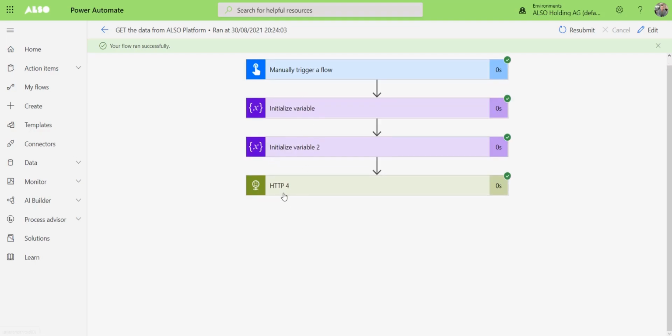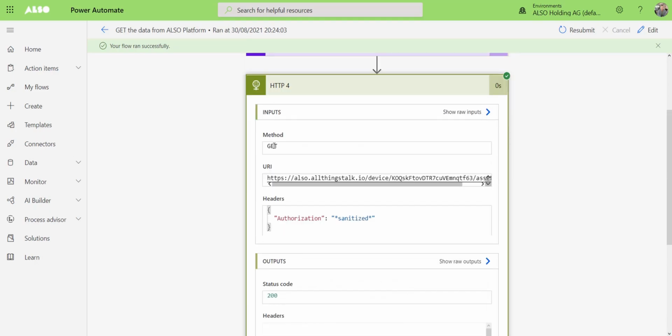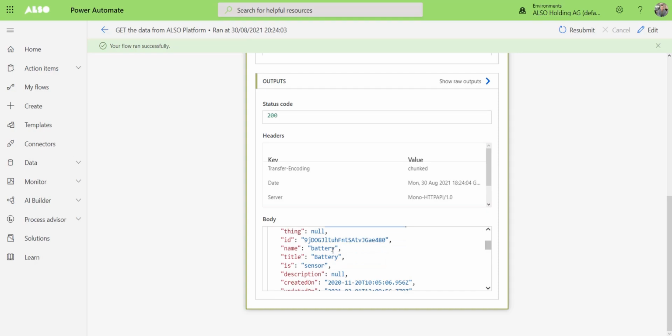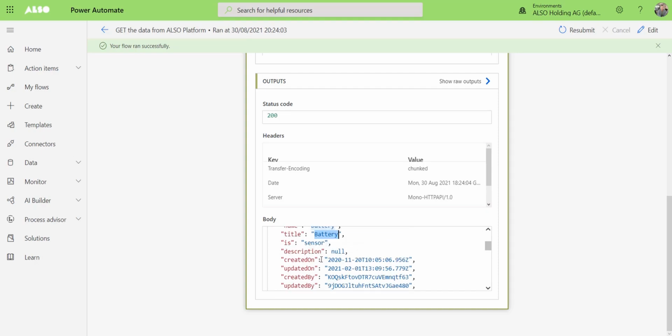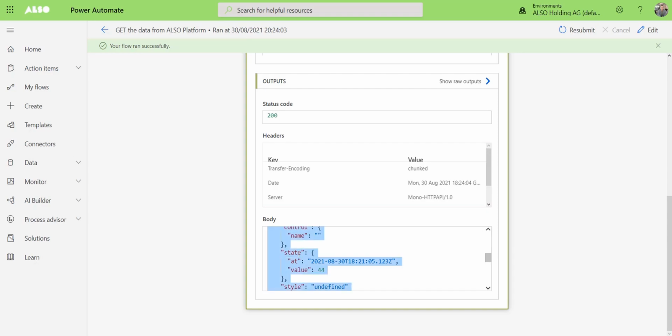Initialized variables are the same. Now what we need is the body of the HTTP GET request, and this one. You can already see that, for example, you get the device ID here, you get the name of the asset, the title of the asset if you rename it, and the date when it was created. You even have the unit if you want, and the type, but what is mostly needed is the value, which we need to pull from the platform. And now we will copy all of that